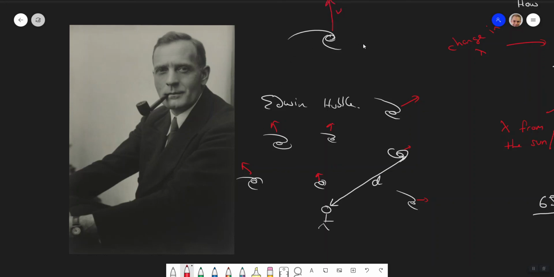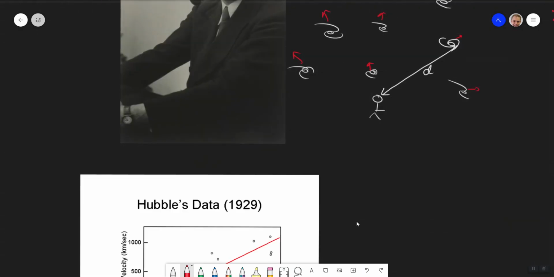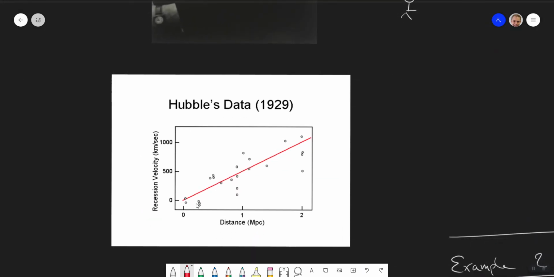This is what Edwin Hubble realized, and we'll have a think about what this means in the next video. But Hubble realized that everything was moving away. If you have a universe that is static, or things are moving randomly, then you would expect some to be blue shifted, some to be red shifted. But he found that everything was red shifted, and it lent itself to a very nice graph.